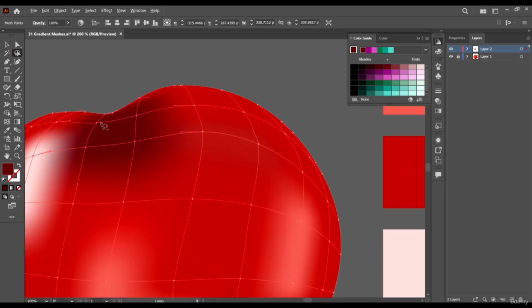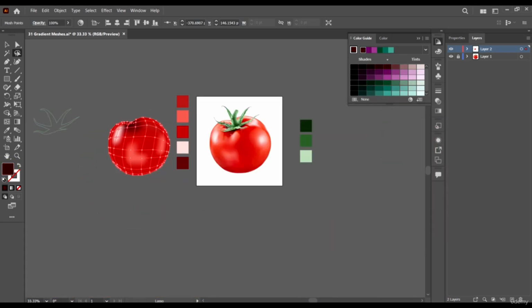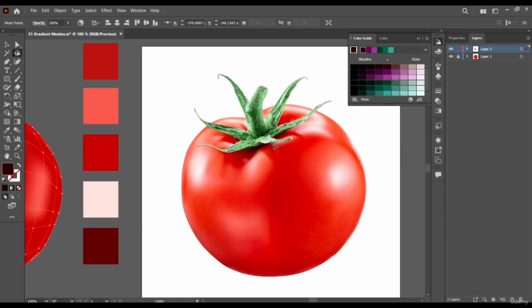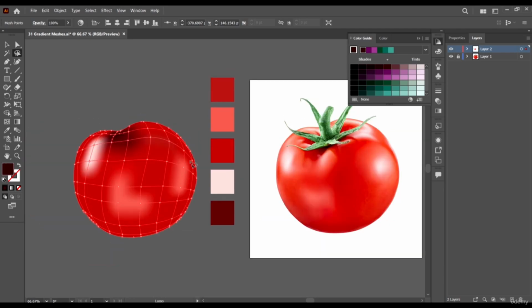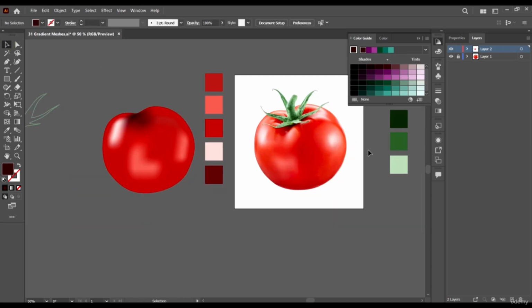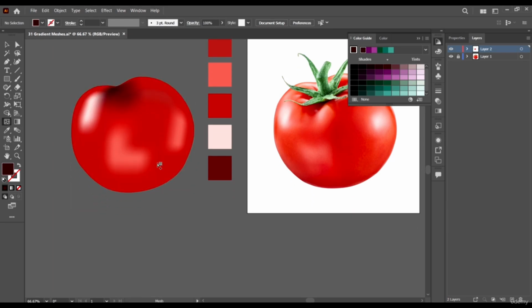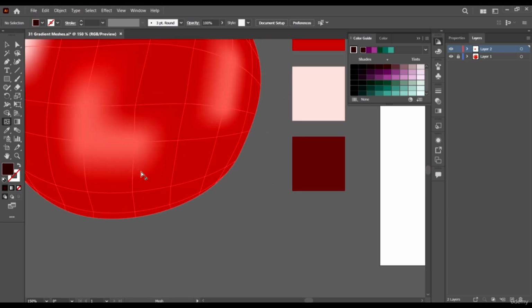Maybe even select this one and tweak the shade to be way darker, right? Because of course we have it very dark here, and already you can see that we are achieving our shape. Now it's already looking close to what we have here, right? That's just after a few steps of tweaking with our mesh tool. Now I'm just going to come towards the edges.